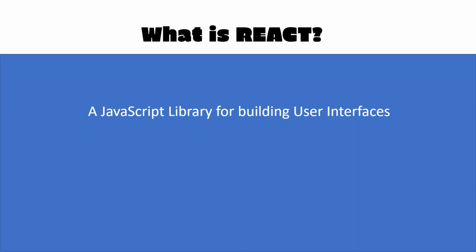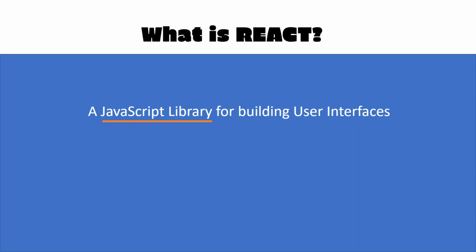The first important point is the JavaScript library part. It is a JavaScript library. It is about building JavaScript driven apps. React apps run in the browser. They don't run on the server. They run in the browser, and this gives us a great advantage. Things happen instantly since they happen in the user's browser. We don't have to wait for a server response to get a new page or to render something new.